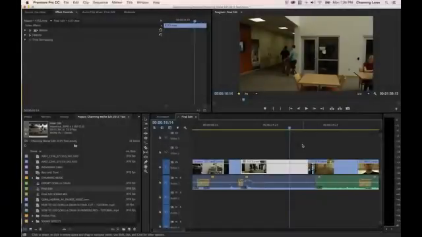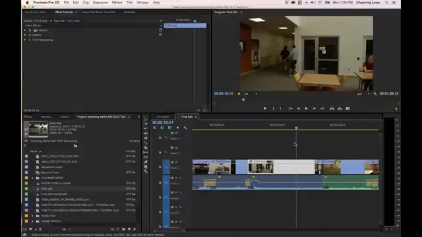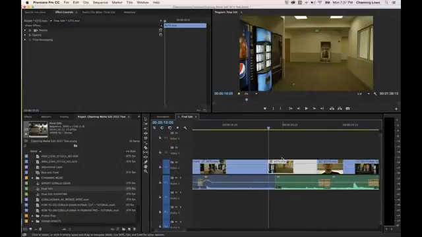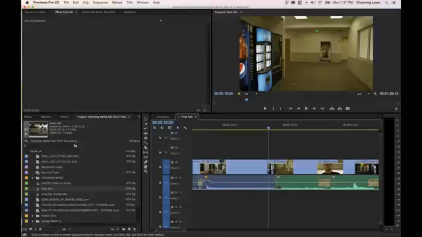Hi, in this episode I'm going to be showing you guys how to move a clip from Premiere to After Effects and then how to send it back to Premiere. It's pretty simple. It's pretty nicely set up so it can do what's called round tripping or dynamic linking, and this works quite easily. You can simply send a clip over to After Effects by, first of all, right-clicking on